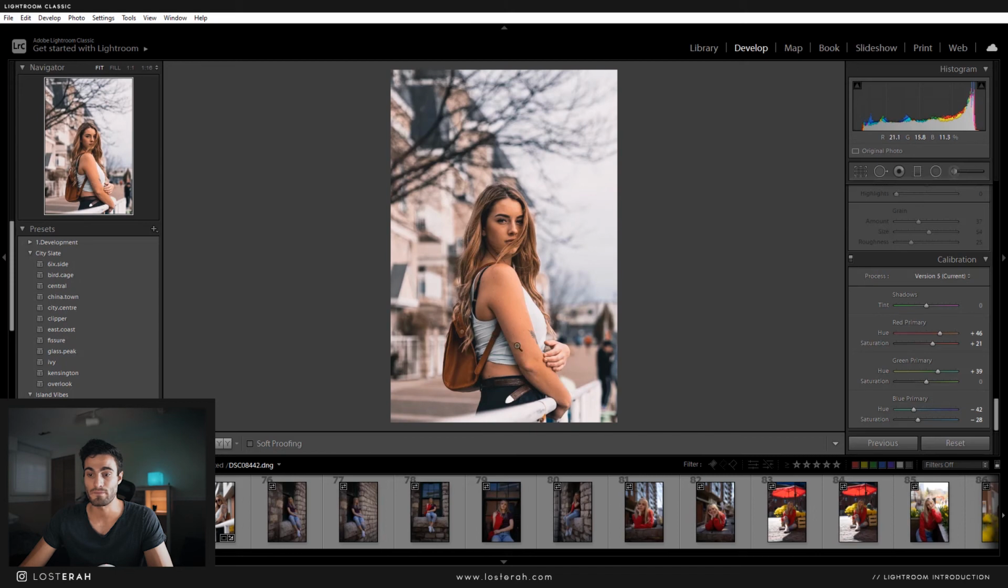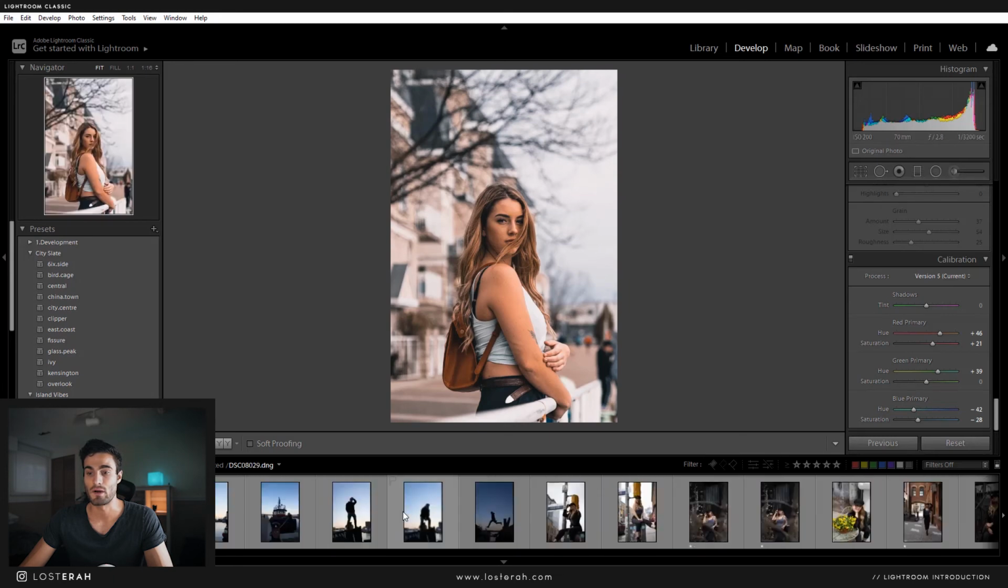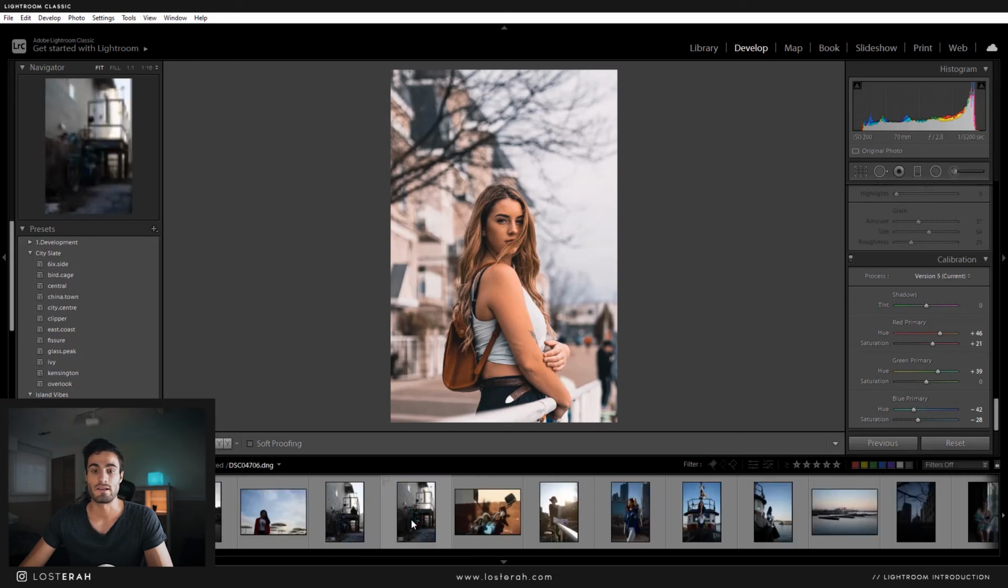Kind of makes our skin tones pop. Brings a little bit of the blue back here. It was a cloudy day, so there's not too much blue in the sky. But if you do apply this image to another photo,